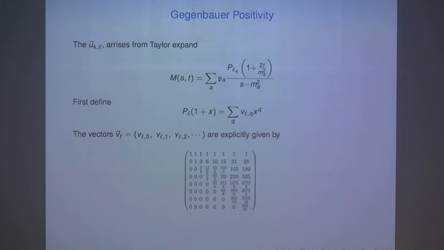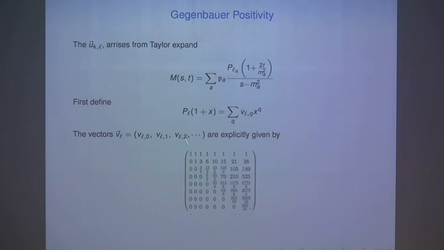However, as I alluded to in the beginning, these are not random vectors. These are vectors that come out of some very constrained functions. So let's look at what these vectors actually look like. Again, we have this 4-point function written in terms of a possibly infinite sum of Legendre polynomials over the propagators. Let me expand this Legendre polynomial, and let me define this vector v here, which corresponds to expanding the Legendre polynomial around the 4 limit. So I've given you the explicit numbers.